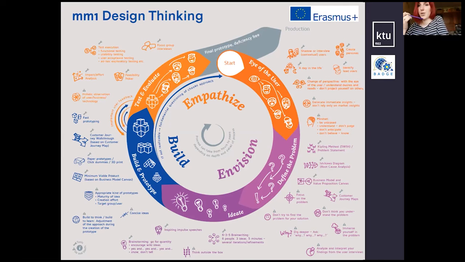Oh, of course, sorry, I forgot to mention that the design thinking process is not really linear. You can jump from one stage to another. For example, after testing and getting feedback, which might not be very positive, you might go back to the first or the second stage or the third stage and rethink your ideas and change them, and then go back to other steps of the process. So it's not linear. It's very iterative.